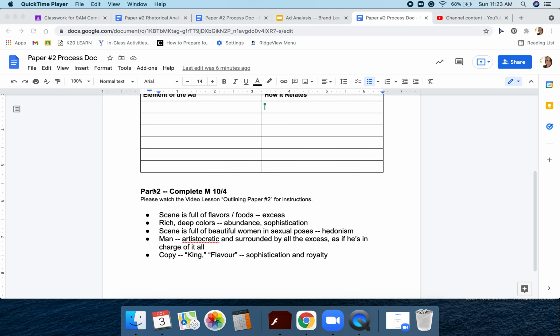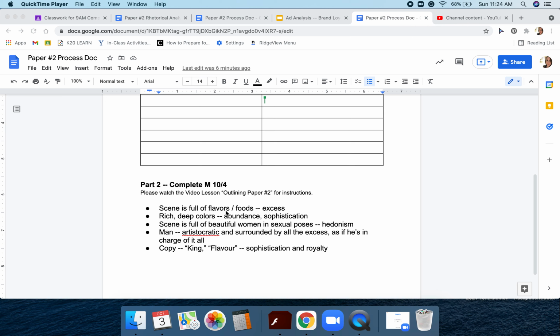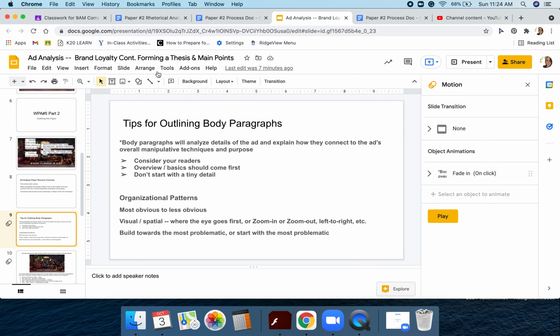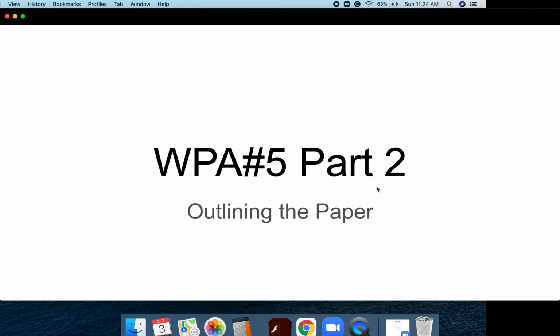So part 2 is how to turn our brainstorming and our listing into an outline. It will be more than this, so please don't just see this and think that's what it should look like, because we're going to develop this and add to this as well. So here, we are working with this Johnnie Walker example, but before we get started with that, actually, I want